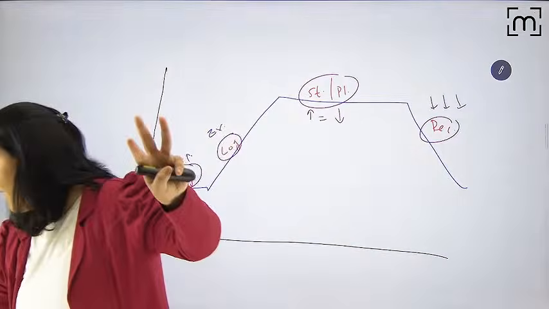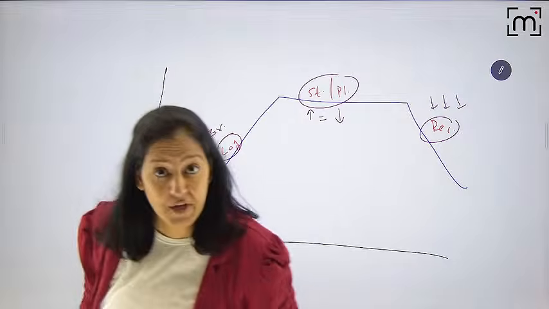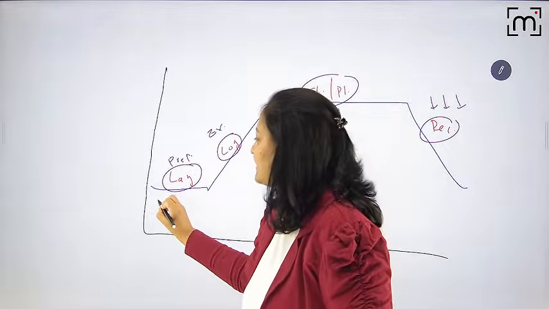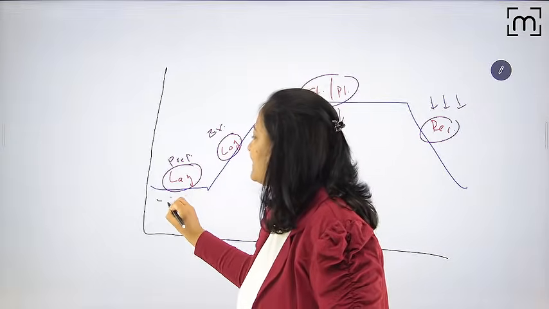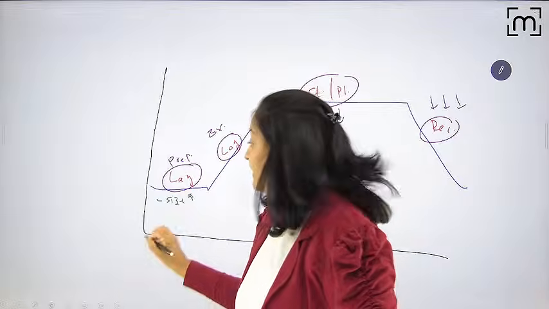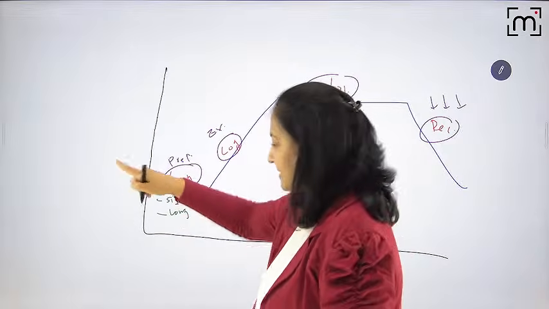And the third and last and most important question you get over: tell me their unique features. Here the unique feature is that in lag phase, size is maximum, but number is same. And this is the longest phase. Among the 4, this is the longest.